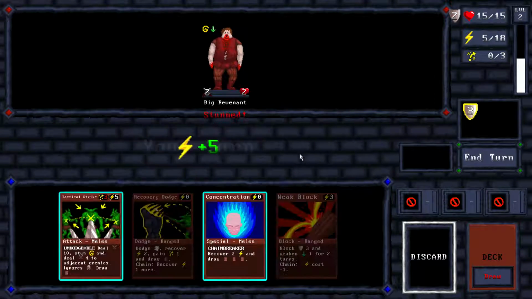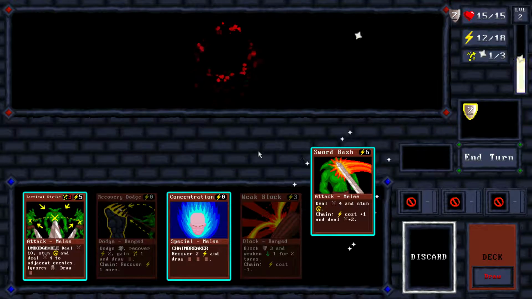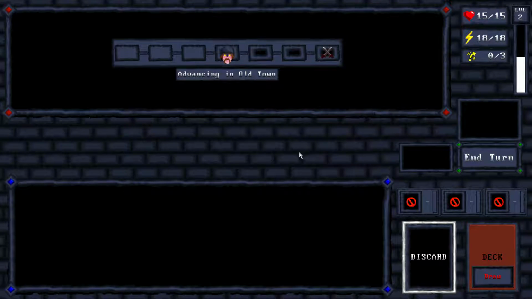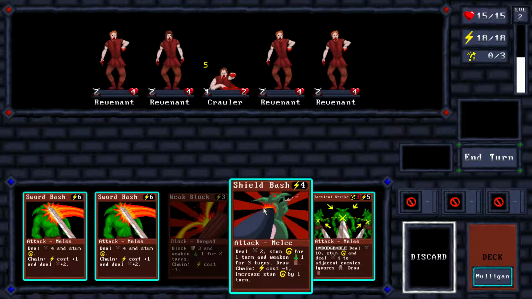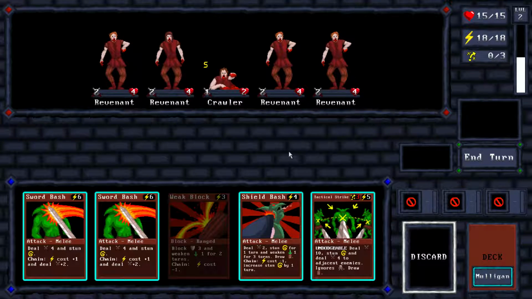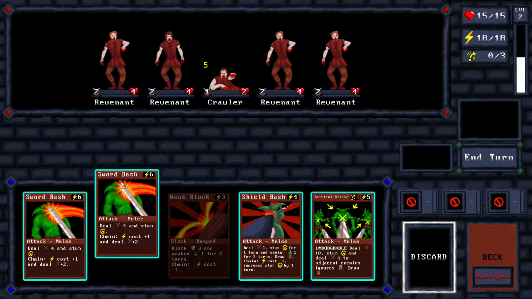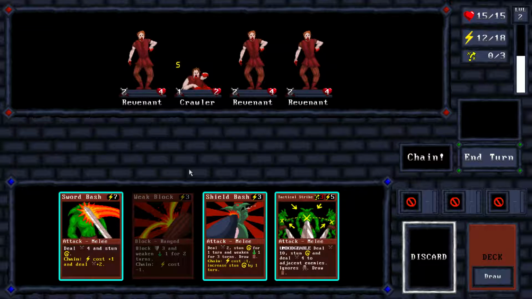Alright, in my turn. And just get rid of this guy. Alright, well we're having slightly better RNG than I had before. Sword bashes and tactical strike again. Alright, so we got shield bash, which will deal 2 damage, which will at least get me rid of that crawler, which I don't need to worry about right now. Let's just get rid of some of these folks. Him and...